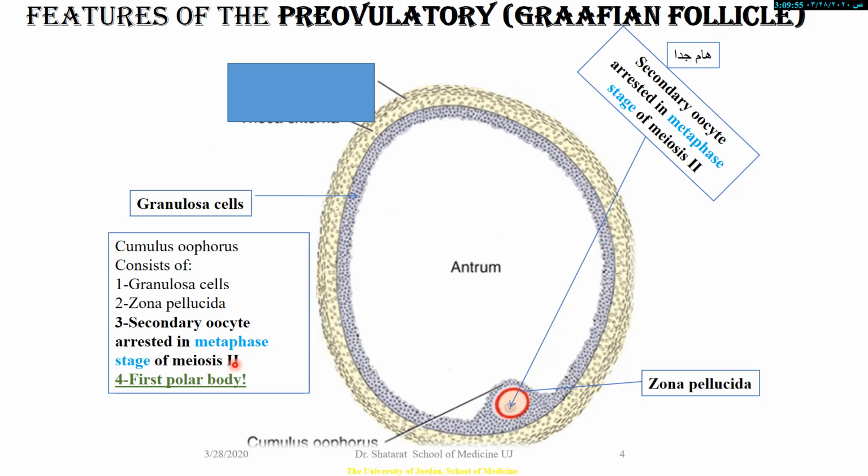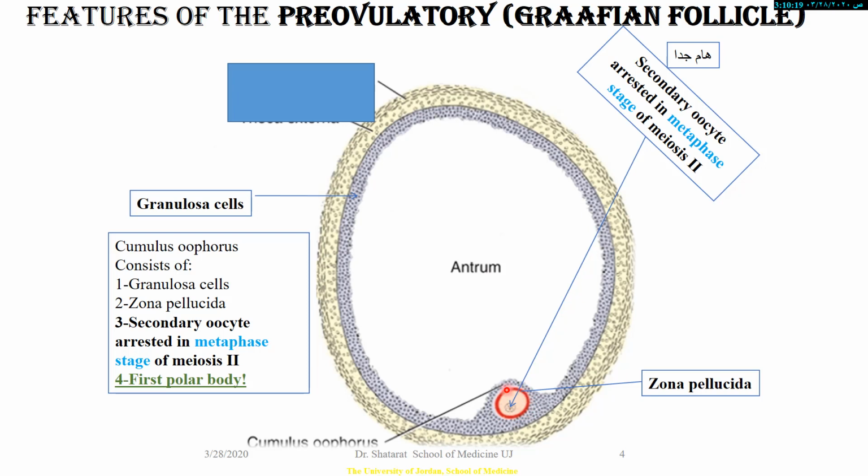In the tertiary follicle, in this Graafian follicle, the oocyte under the influence of LH has completed its